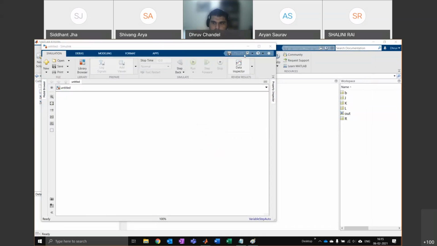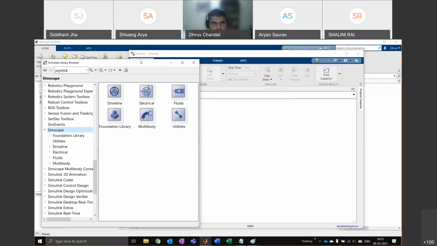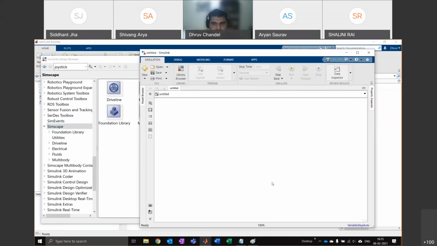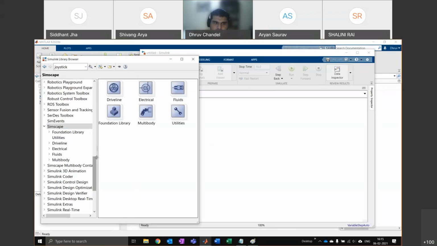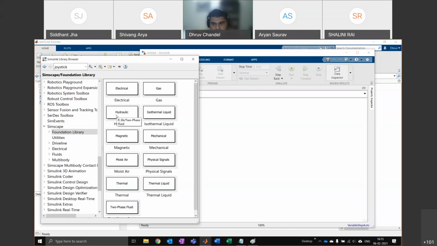All right. If I go back to my library browser, you might remember that we just saw how to make electrical circuits. Another thing we can do is look at the foundation library inside Simscape, where we can start connecting up the electrical side and the mechanical side, and make a model of a DC motor without knowing any of the equations.